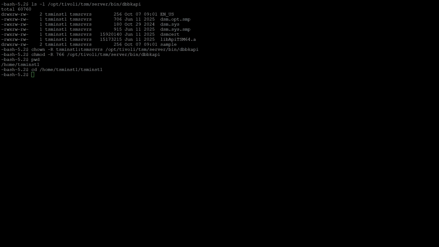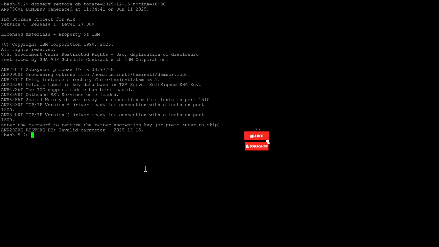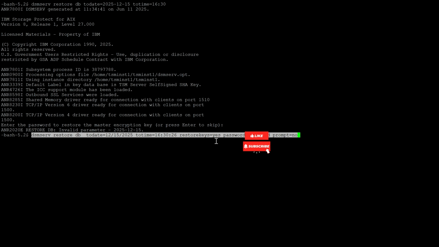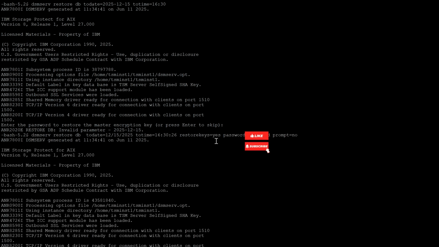Finally, set permissions for the DB Backup API directory and start restoring the database. chown tsminst1, then chmod 766 on the /opt/tivoli/tsm/server/bin/ directory. Now restore the database as the instance user, and use the command dsmserv restore db